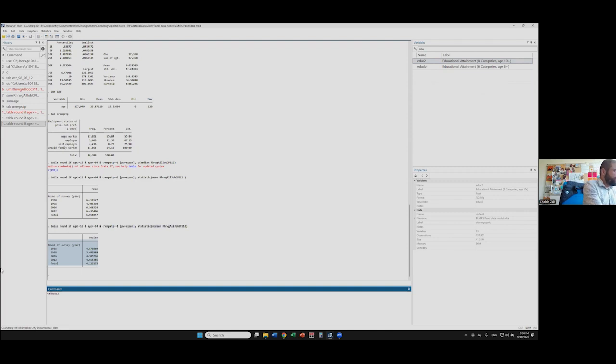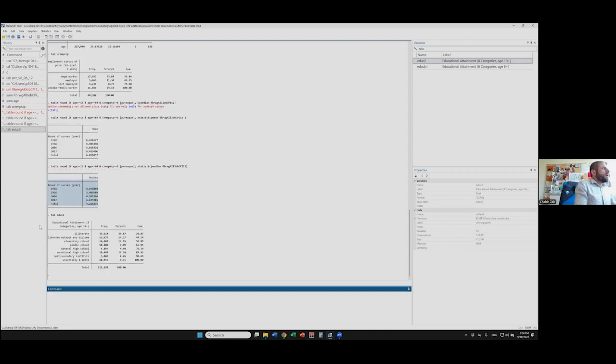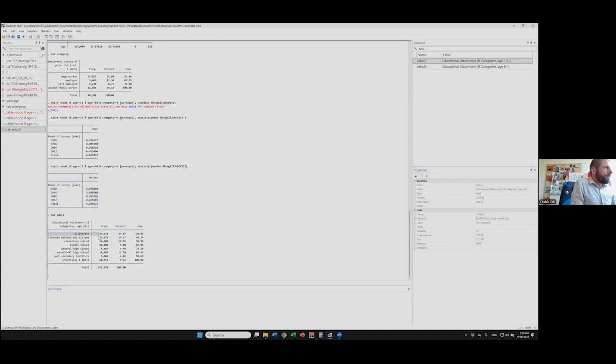If we check this, we will have the educational attainment: illiterate, literate without any diploma, elementary school, middle school, general high school, vocational high school, post-secondary, university and above, right? So what I want to see is how education has evolved. But for whom? For those who are, again, wage workers, and for those who are